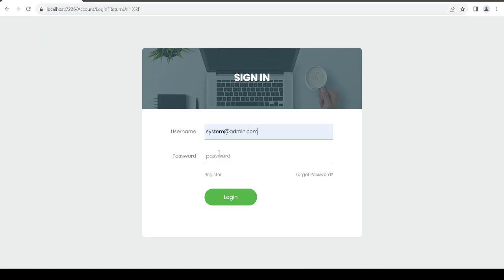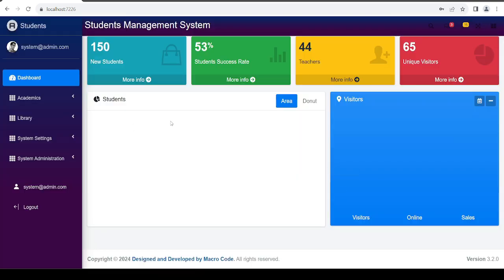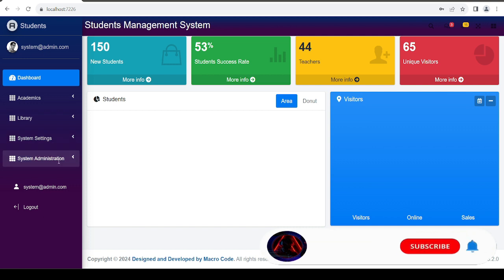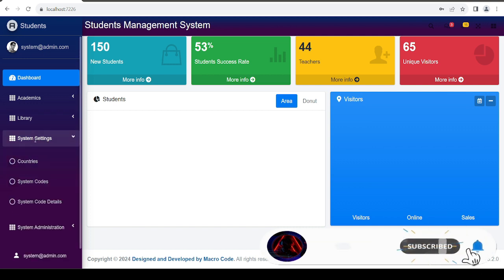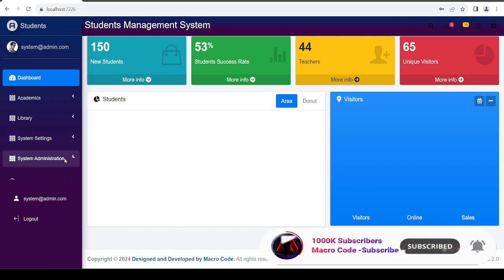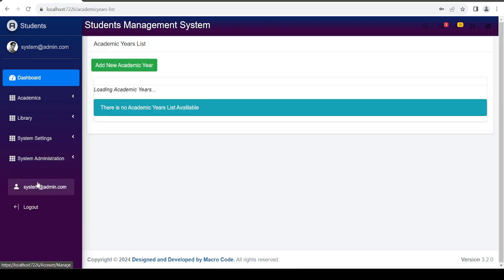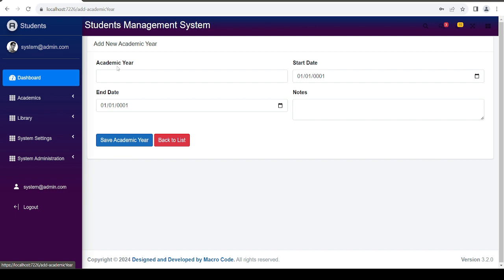So we're able to log in now. Admin at 1. Then I'm going to log in. So if we log into the application, it takes us to the dashboard. Then we now have the system settings and the system administration. So for the academic year, if we click on it, it takes us to the academic years list. So if we add new academic year, we should say